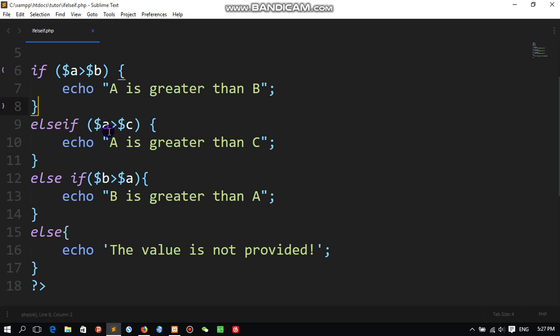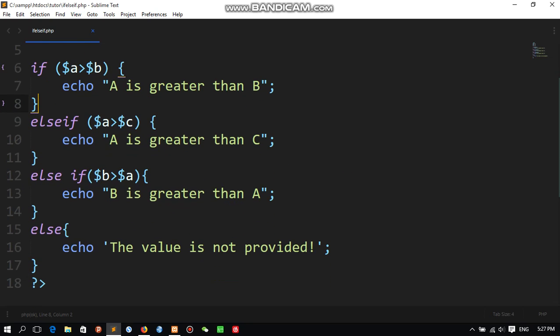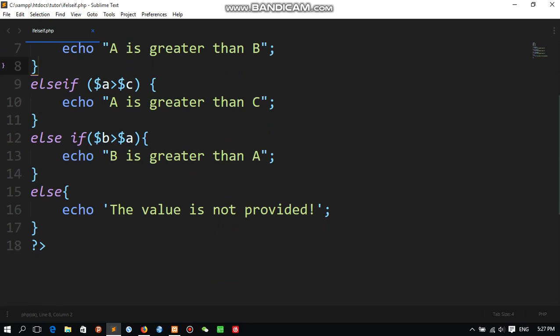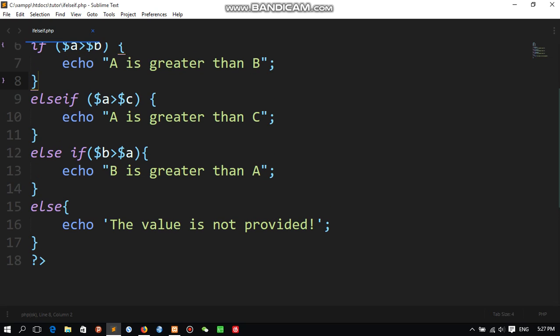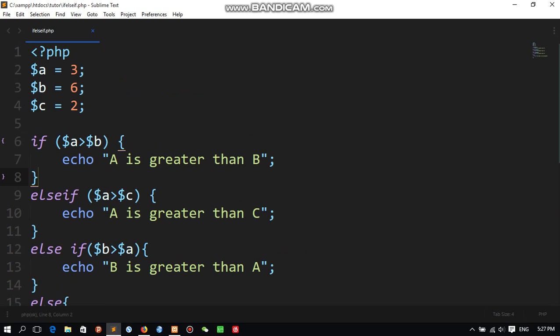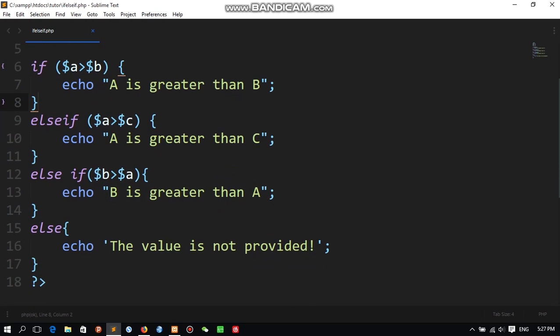However, on this condition, A is exactly greater than C. Because of this one, the remaining values won't be executed. One single condition is okay, no other will be executed. That's why it already jumped.